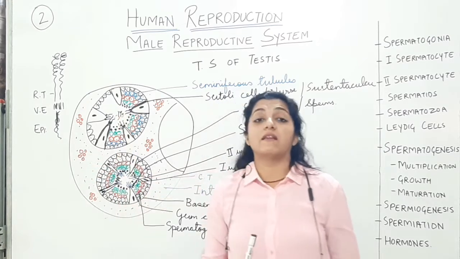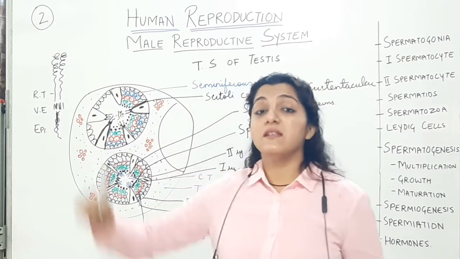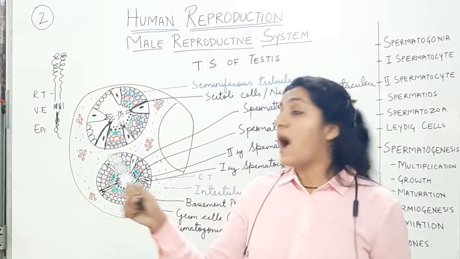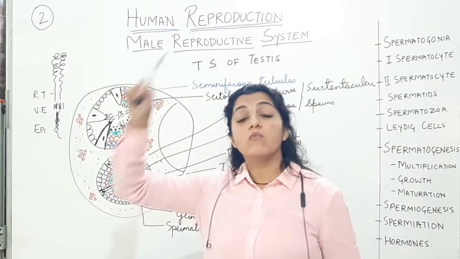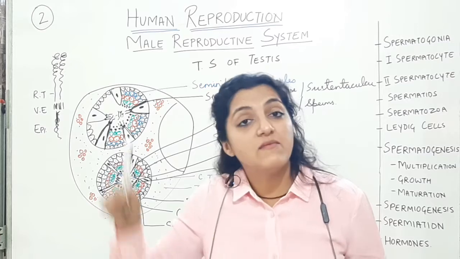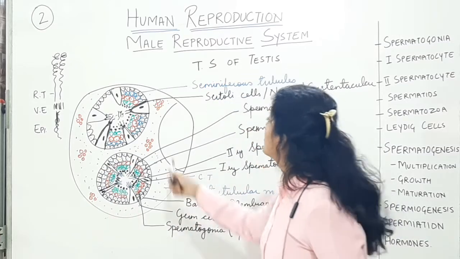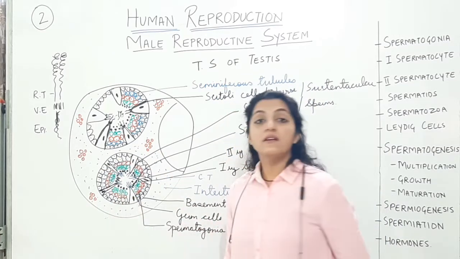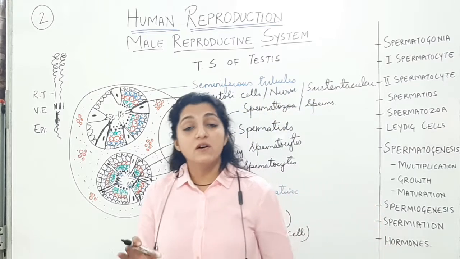and further we are going to see. Okay, we are going to see the complete male reproductive system, how they will come out from the penis. That whole structure we are going to see, the whole pathway we are going to see. So here you have to remember all these different types of cells, starting from the germ cells.